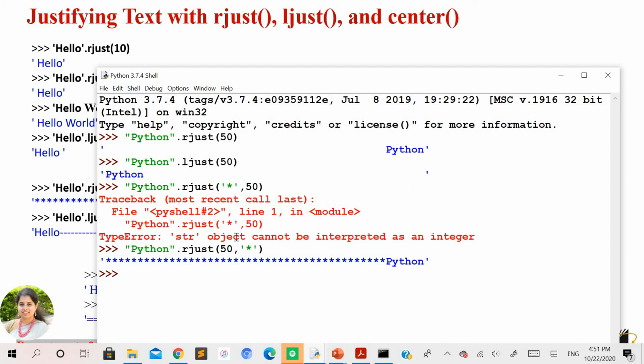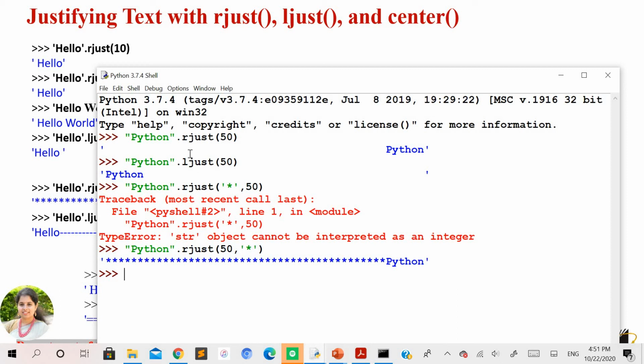So one more parameter: if you do not want these spaces, the default value, that is the space to be included for the justification, you can always take any character or any letter of your choice to fill the dummy places over here. In this case also it is going to make this string right justified, but the rest of the values are going to be filled with the second parameter that you have taken.